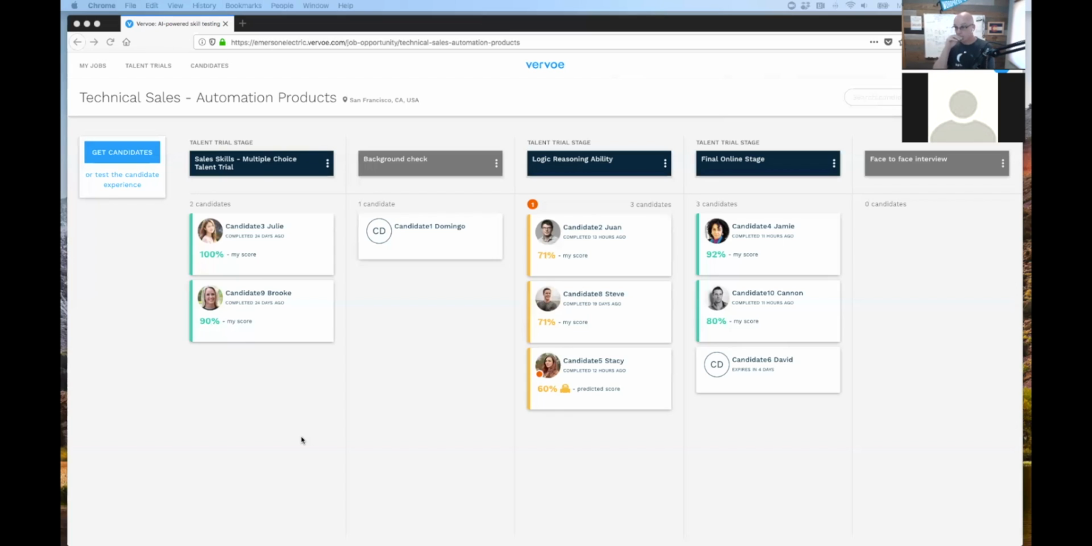As the employer or the recruiter, you have the ability to decide how many stages. We'll call this what you're seeing here: talent trial stage, skills, sales skills, multiple choice, background check. All of these are different stages within the application for a technical sales automation projects role with Emerson, okay? And you have the ability to put in additional stages. You can do up to 3 live talent trials, and you can put additional stages like background check and face-to-face